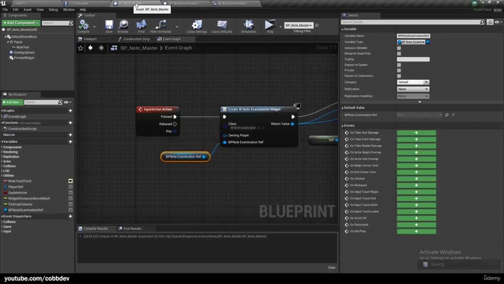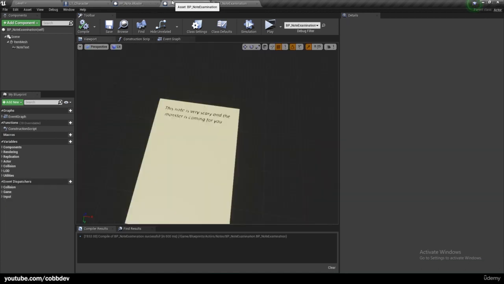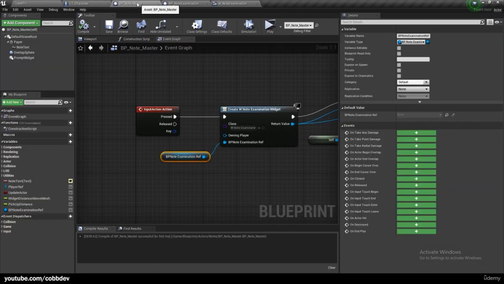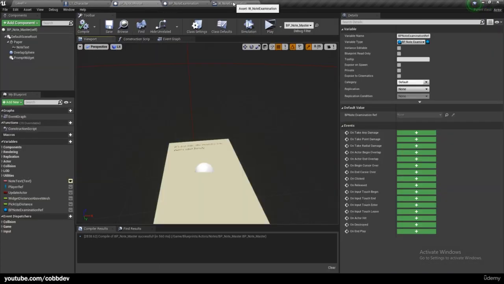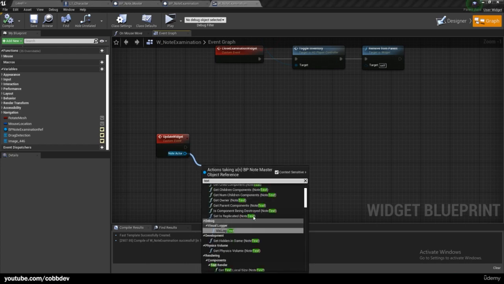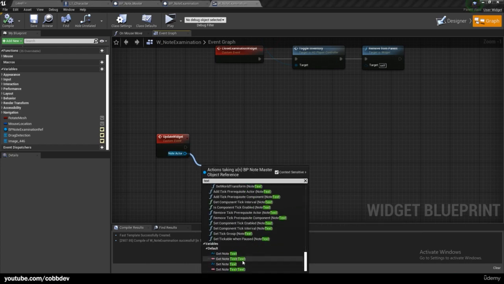Because this note master will have a lot of children, depending on how many notes you have, each one with different texts, and this note examination just updates the text, so you don't have to constantly replace which note is showing, you just replace the text. So we have this note actor reference, which is a reference to our note master right here. And we can just get the text variable from that. So we can get the note text,